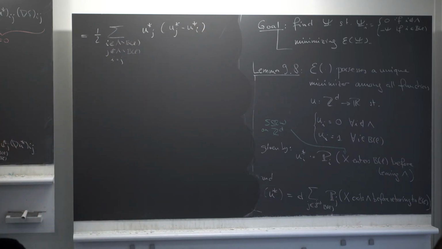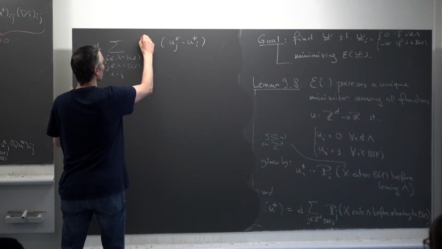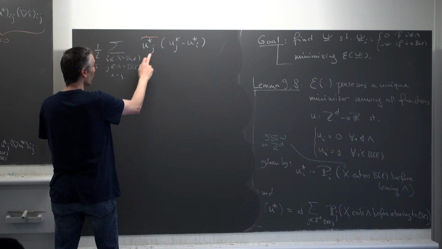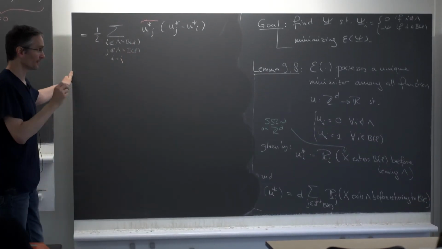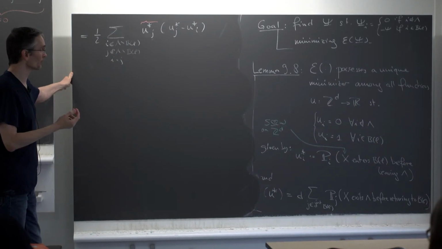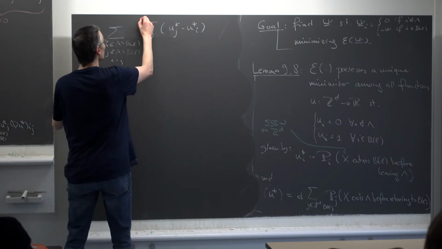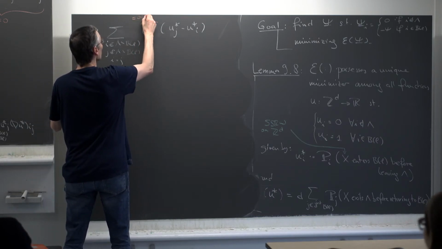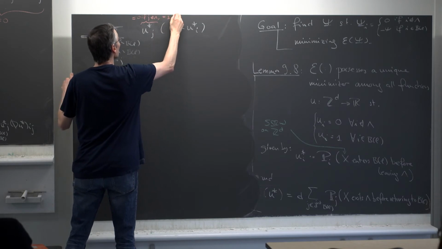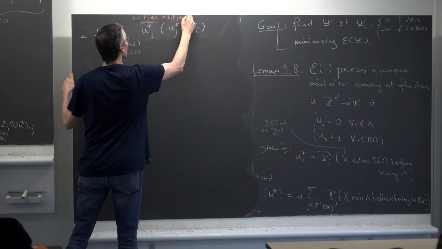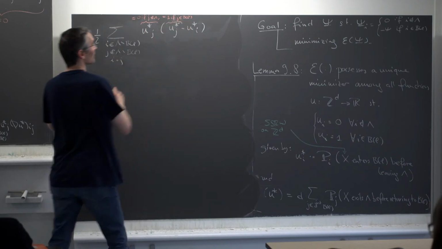Now let's look at what we know. So this u star i, or u star j, let's start with this guy. This is evaluated outside the box Lambda minus B_L. So either j is inside B_L, in which case u star is equal to 1, or it's outside Lambda, in which case u star is equal to 0. So this is equal to 0 if j is not in Lambda. It's equal to 1 if j is in B_L. This guy, and this guy is the same. Okay? This guy is the same.